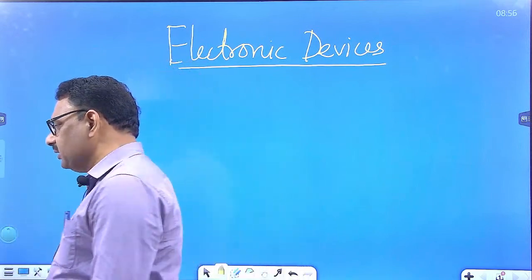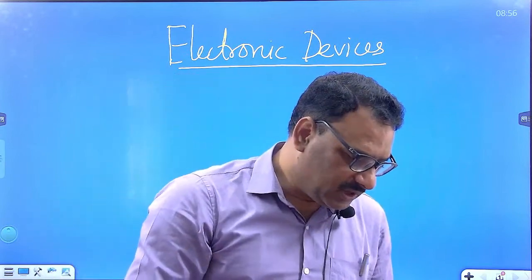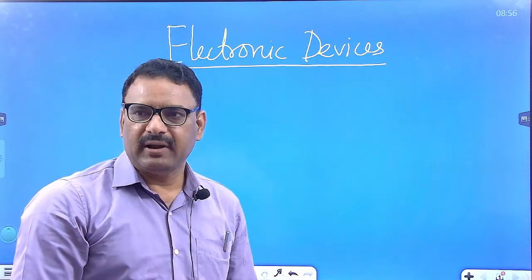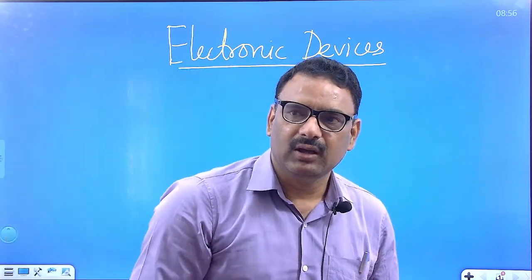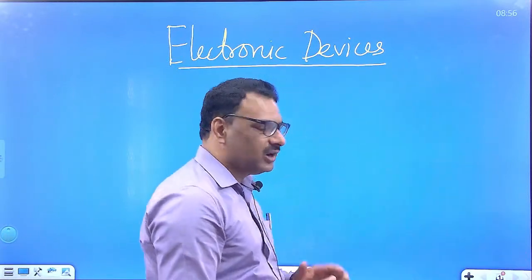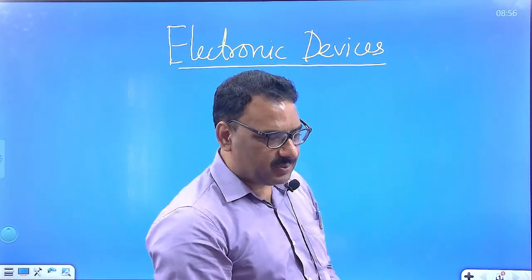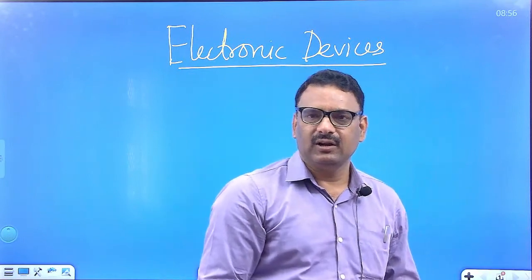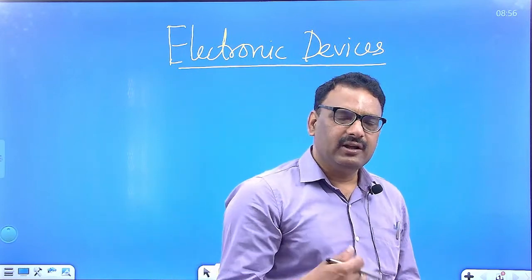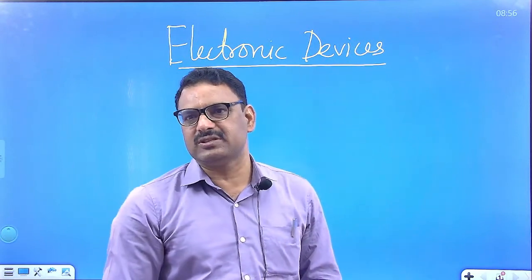This unit contains energy band diagram, how can we differentiate between the material, insulator, semiconductor, because for electronic purposes we need semiconductors. So how we differentiate the semiconductor from the metal or conductor or from the insulator, and then we go for how can we make a device from this semiconductor,